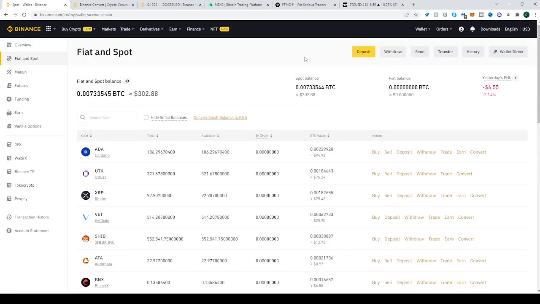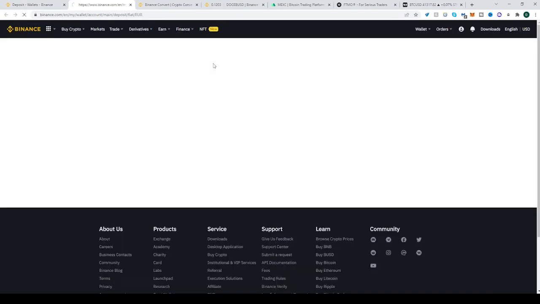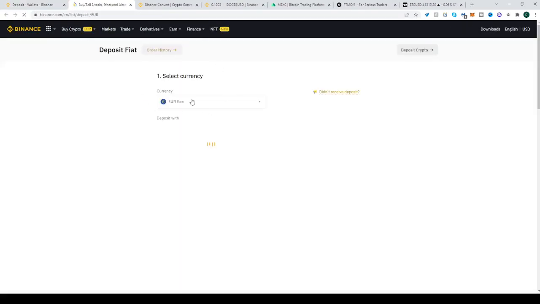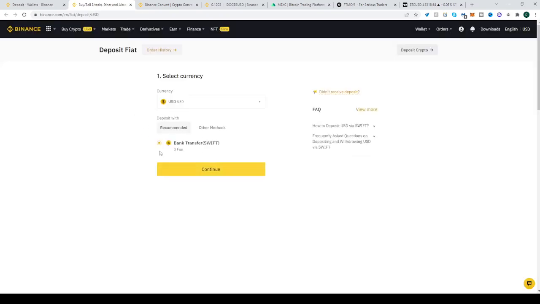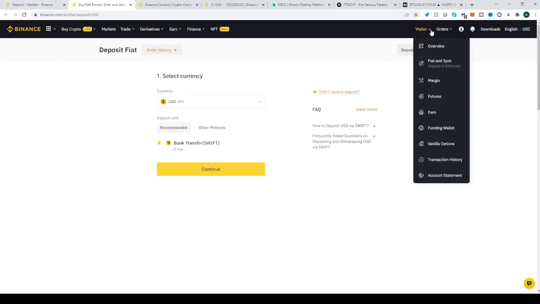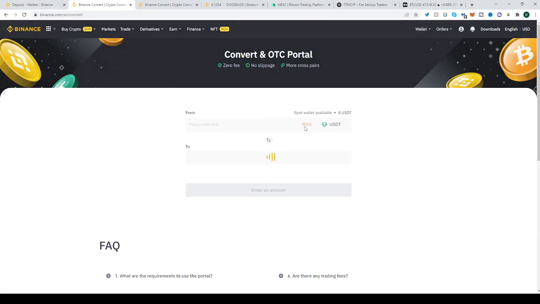you can of course deposit fiat, deposit some currency like USD or whatever. Then with that currency you can go to trade, convert, and convert,